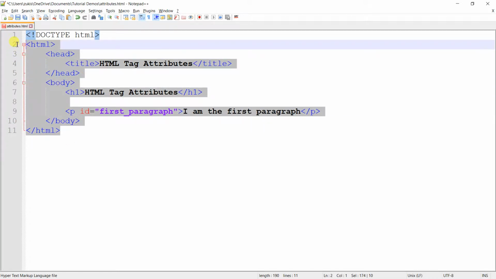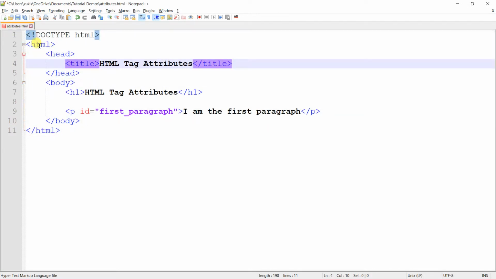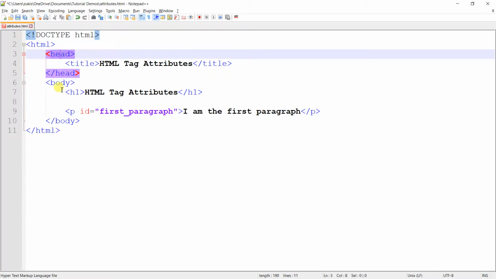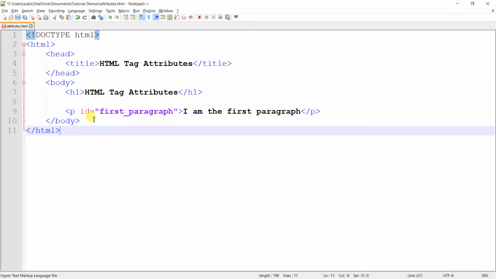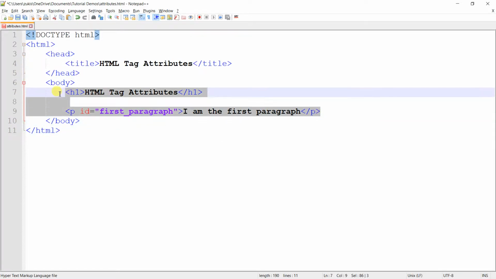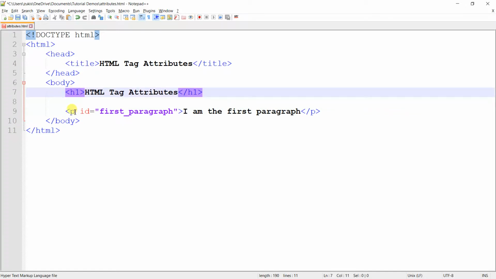Actually, in the next lesson, we're going to be learning about this structure, all these things that you have been seeing me writing lesson after lesson without explaining: the HTML tag, head tag, the body tag. We will get into the structure of an HTML document. Anyways, so inside the body element, all elements that are inside of it, including this H1 element, P element, whatever